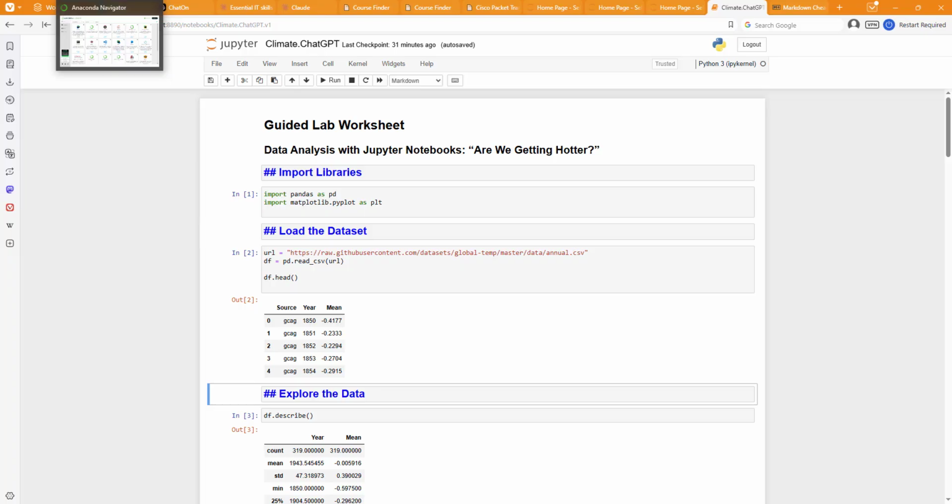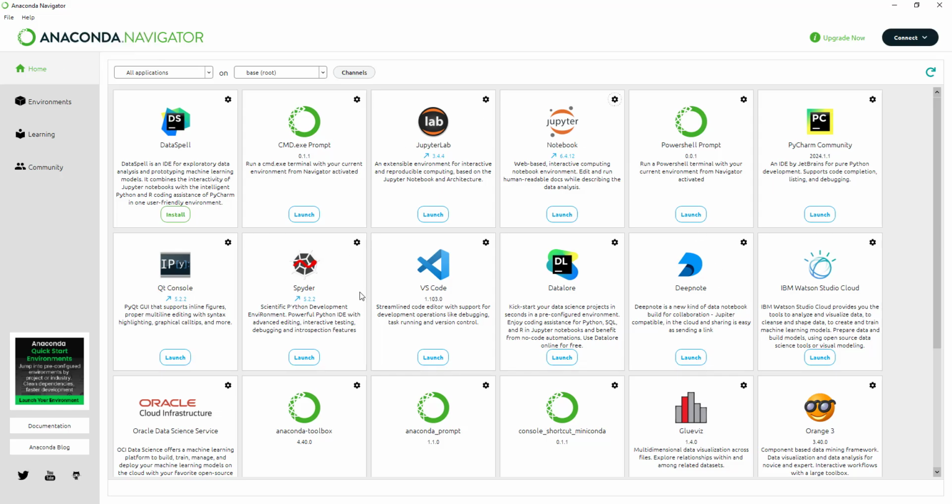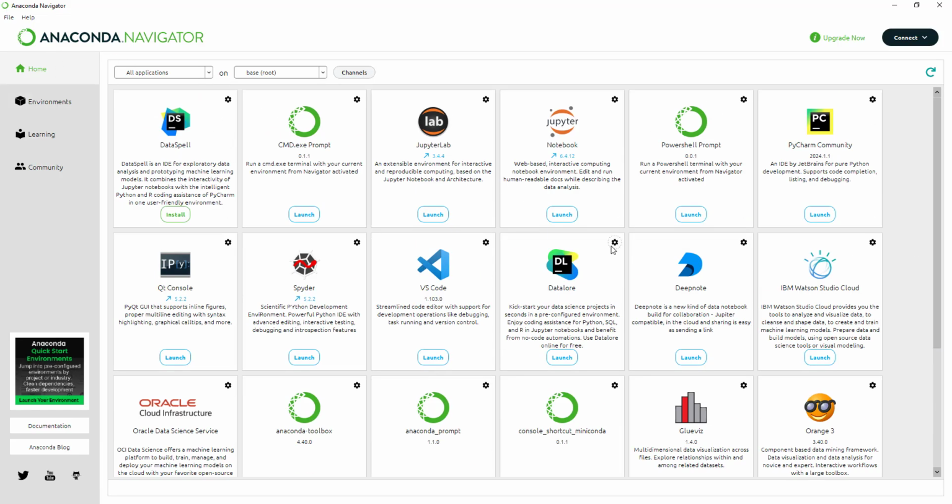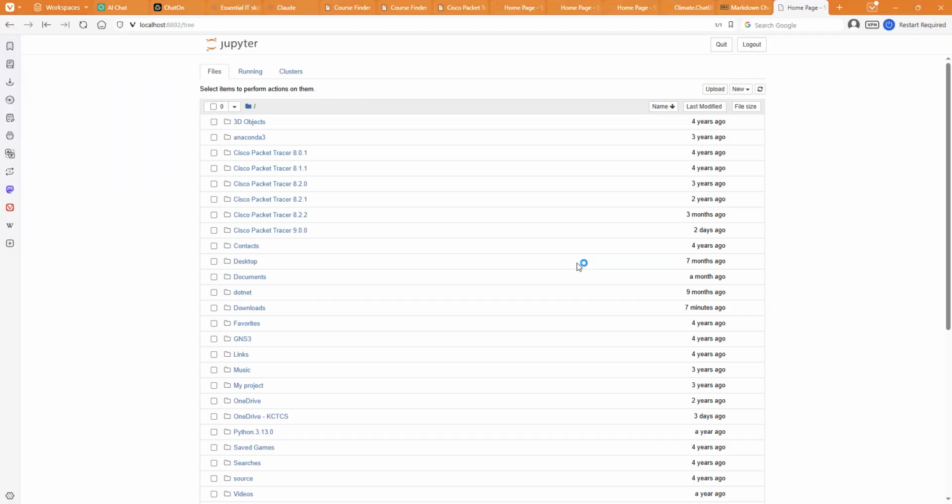But I found the little icon for Anaconda Navigator, and this is what it looks like. And this is Jupyter Notebook, where you launch it, and there's all this other stuff here, and you can even add stuff to this stuff. So it's really amazing. But to start a new Jupyter Notebook, I'm going to click Launch here. Now this is going to open up in a web browser, and mine opens up in Vivaldi,